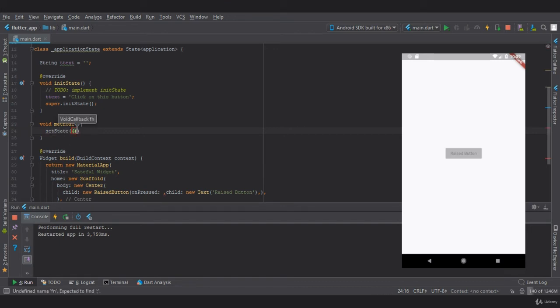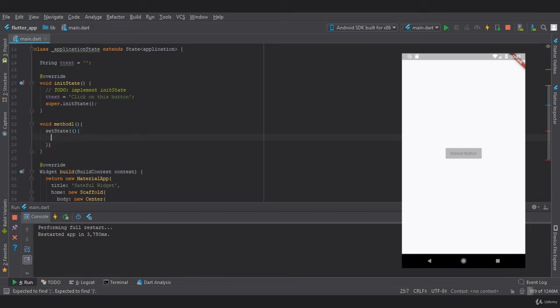In this we need to provide a function, and now what we want is we want the title text to change to, let's say, the text is being changed. Now we have successfully created a setState and initState.